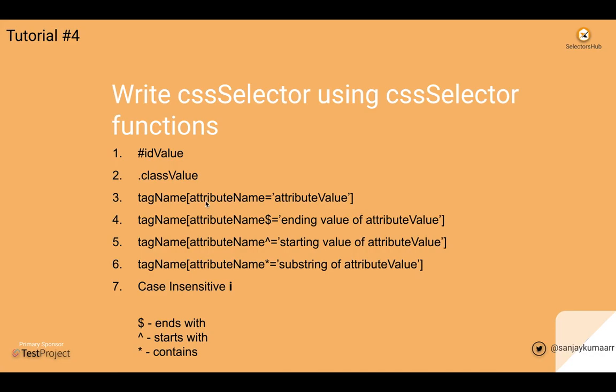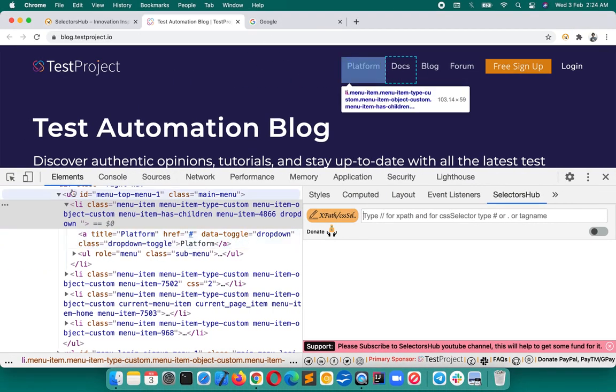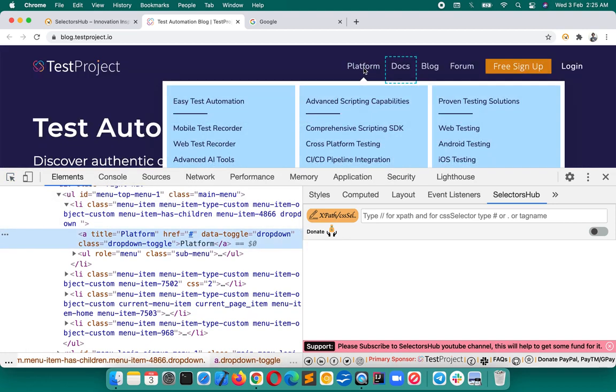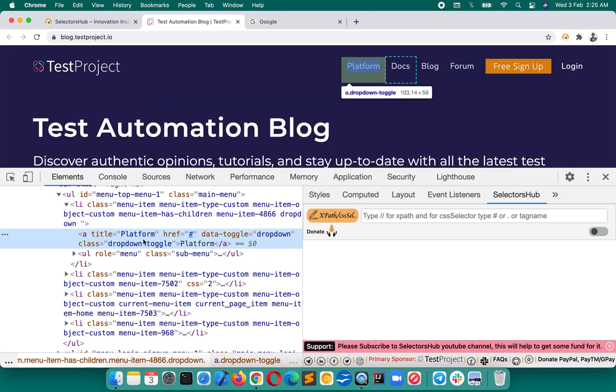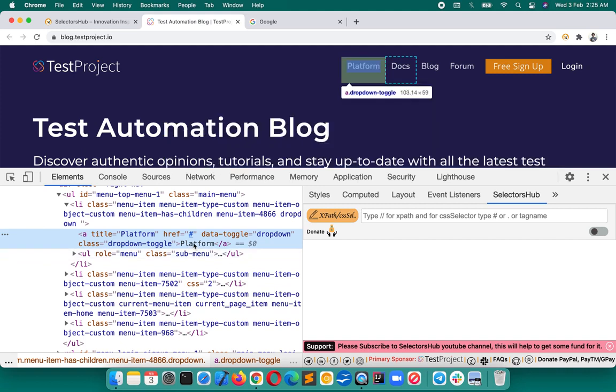Next: tag name, attribute is equal to attribute value. Let's say, for example, we have to write a CSS selector for Platform here, and this is the one. Remember, as we learned in the previous lecture, that we cannot use the text for a CSS selector.